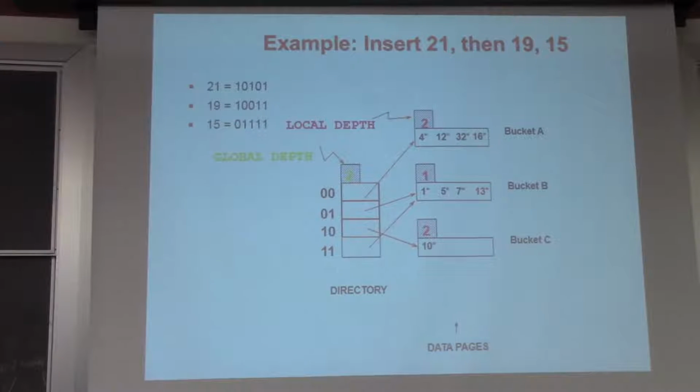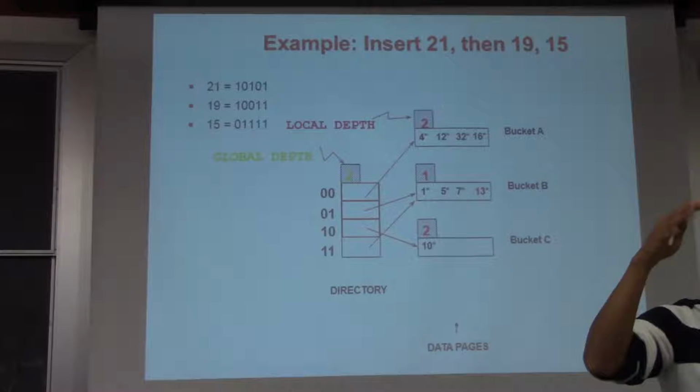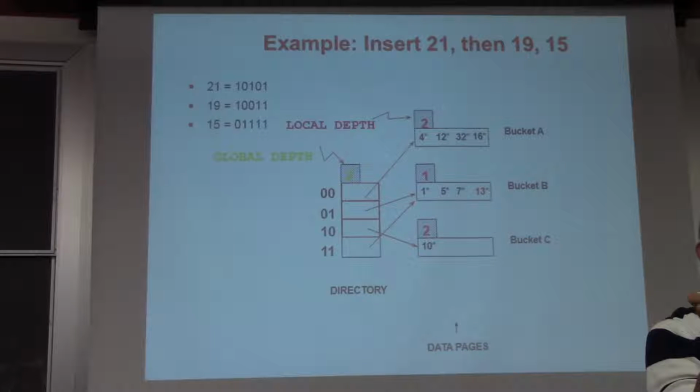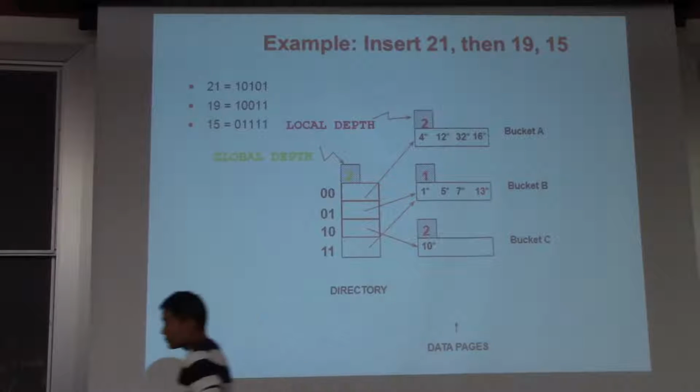Because if the local depth is less than the global depth, you know you have some directory entries from this meta bucket to cater for this split. Otherwise, you have to increase the size of this directory should the local depth value be greater than the global depth value. In this case, it is not, which is good news for us. So we will just split this, increase the local depth,